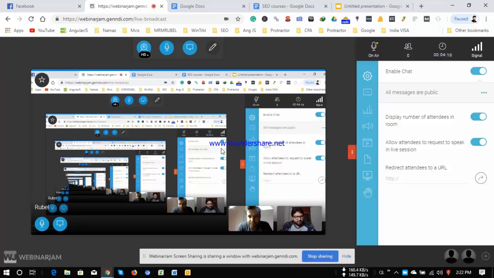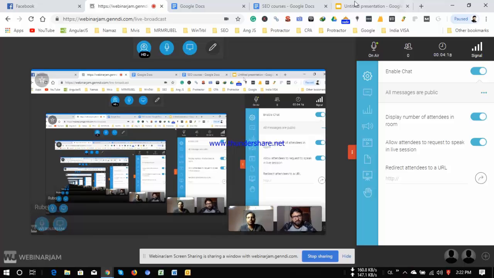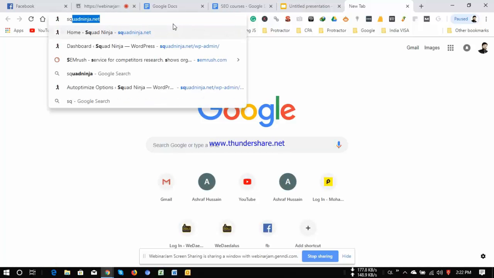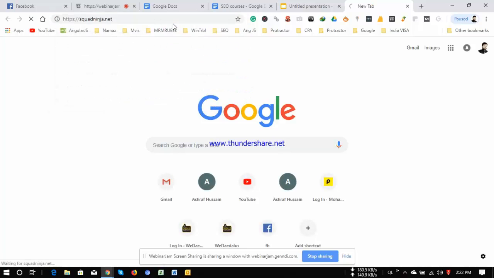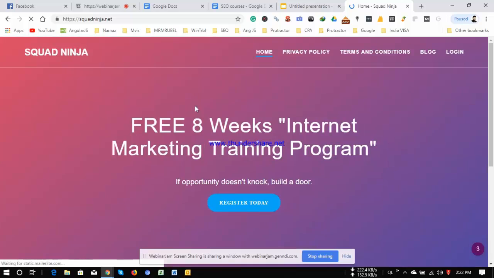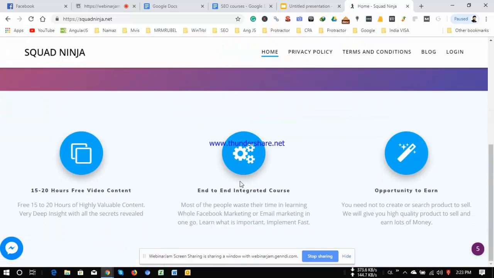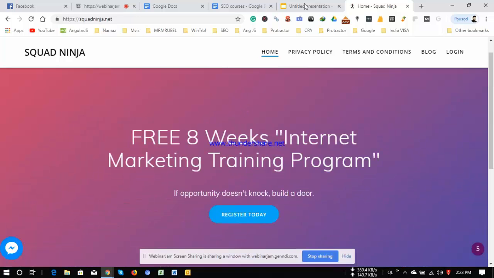We know that optimization has many factors and many layers, but the most important thing is the on-page optimization of a website. On-page means what we do on a website, and that is what is visible on the website.